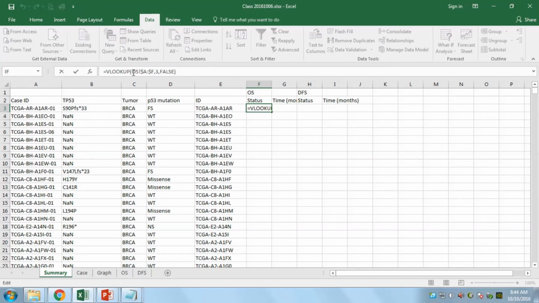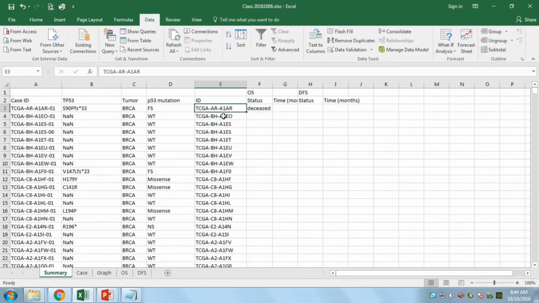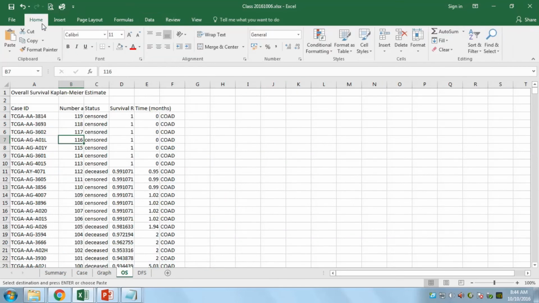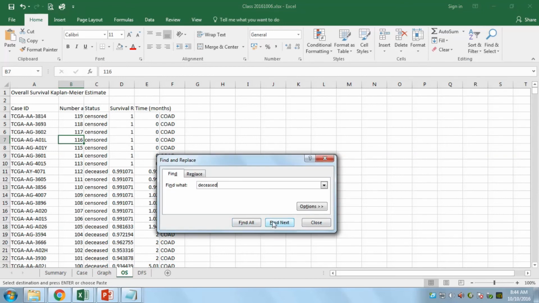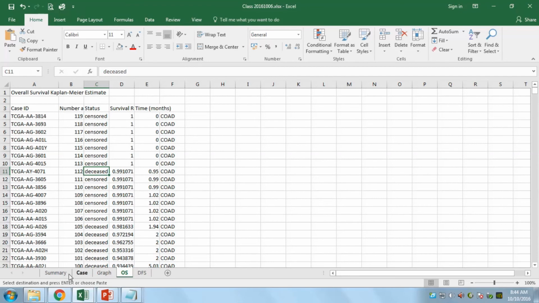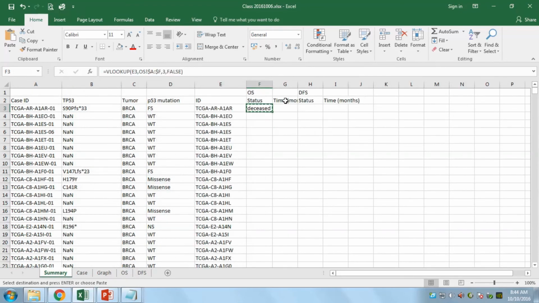Oh, one thing that is missing is this one here. Now you can tell, for example, this TCGA AR A1A, just to double check and search whether it's the subject disease. Yep, so it is disease. All right. And then the next thing I want to do the same, but to match the time